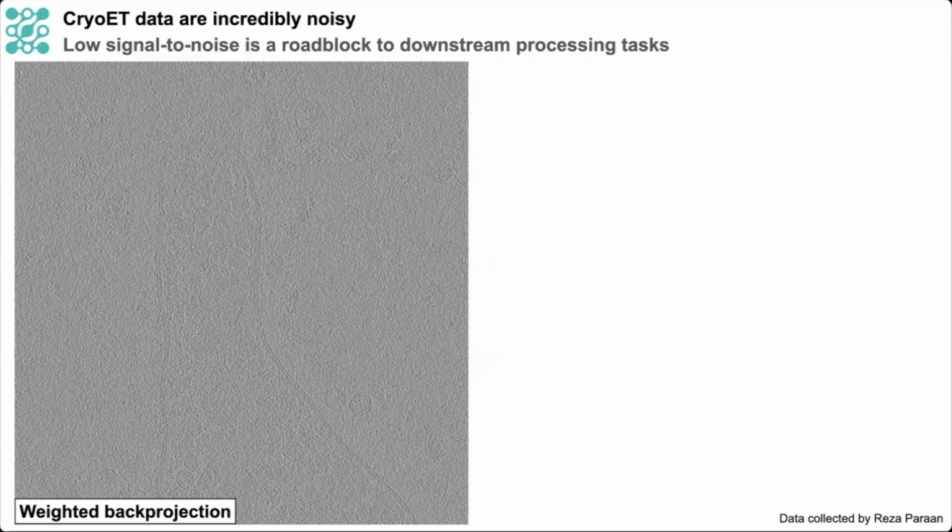It's easy to see why this is the case if we inspect tomograms that have been reconstructed by weighted back projection without any additional filtering applied to them. In this example here, we're looking at a 5-angstrom thick slice through a tomogram of purified proteins and cellular lysate. And even though the sample was well behaved and the tilt series aligned quite nicely, it's still really difficult to discern what's happening in this tomogram simply because the signal-to-noise ratio is so incredibly low.